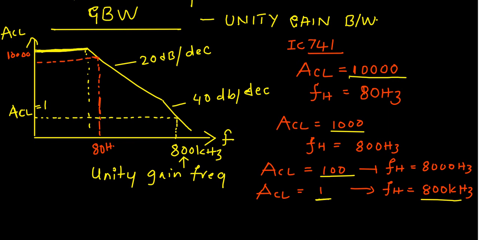This is another important point to be noted, and we have one formula here to understand this: FH of ACL is equal to FU